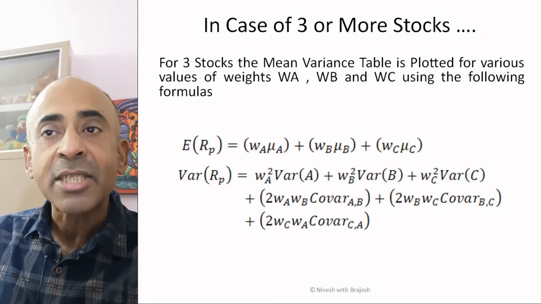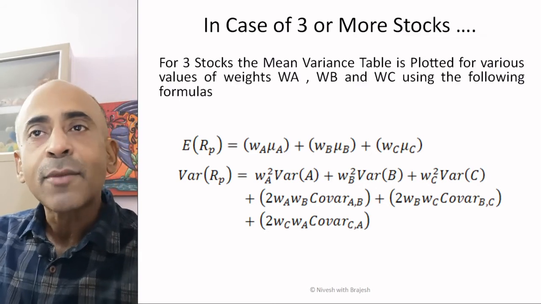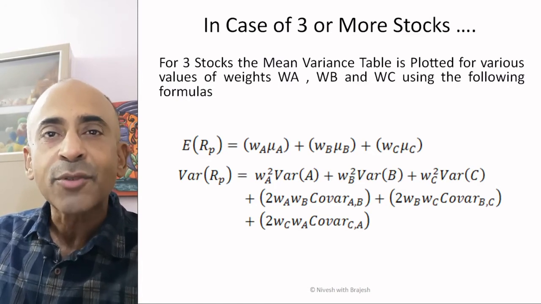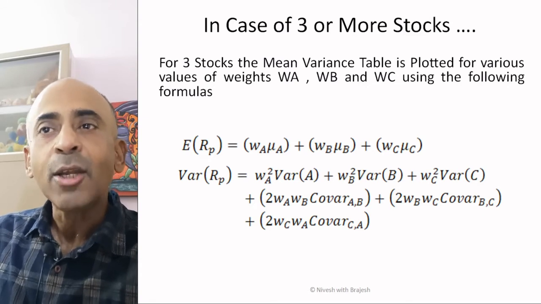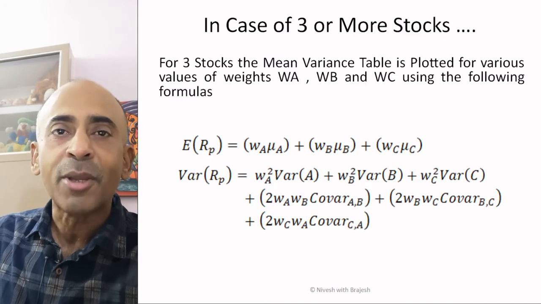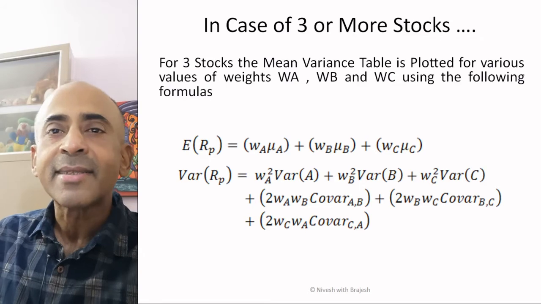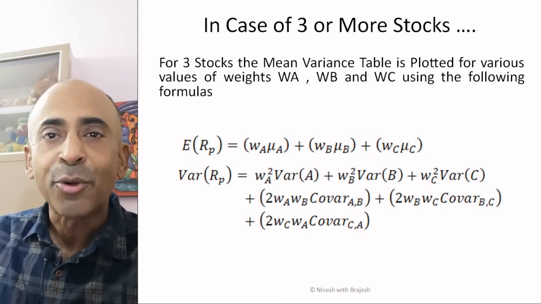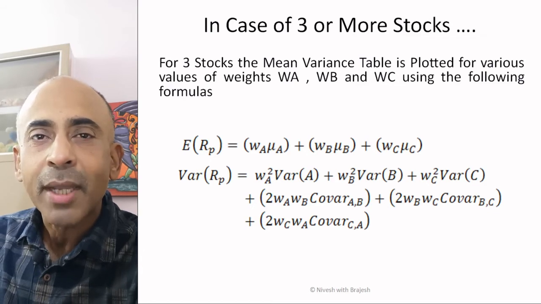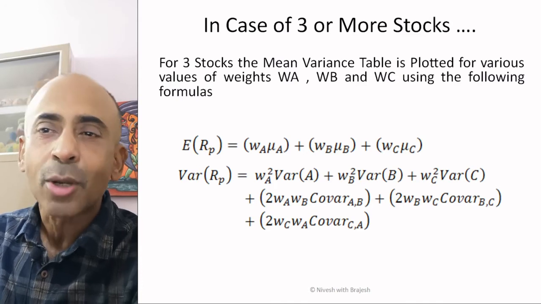It's done using means or average returns of stocks depicted by mu, and the variance of the portfolio is found using a somewhat more complicated equation using weights of stocks, variances of stocks and covariances of pairs of stocks for all the combinations shown in the formula. Now shown is the formula that is used, and it is done using matrices and other mathematical tools and also a computer. Looks quite tedious, and we will not worry about any such calculations. For our understanding, we will generalize the results of the 2 stock portfolio theory.